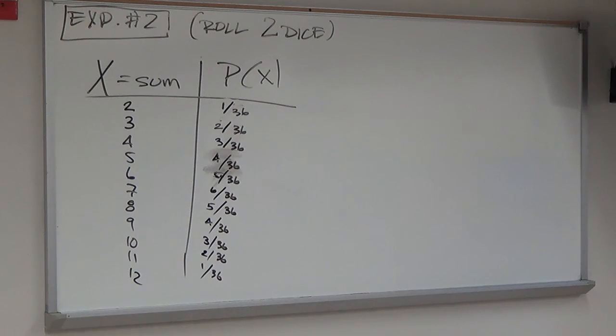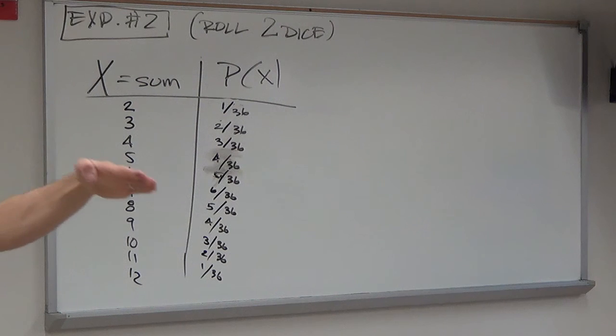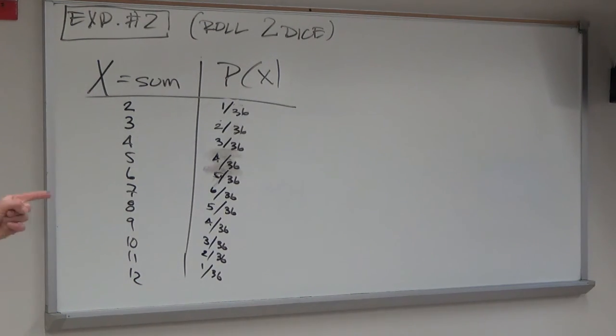Everybody see why the average pretty much has to be 7? It's perfectly symmetric, right around 7. If it helps, make a graph. Fire up the TI. Get a graph of this, and also get the average and the standard deviation. And while we're doing that, we're going to have Excel